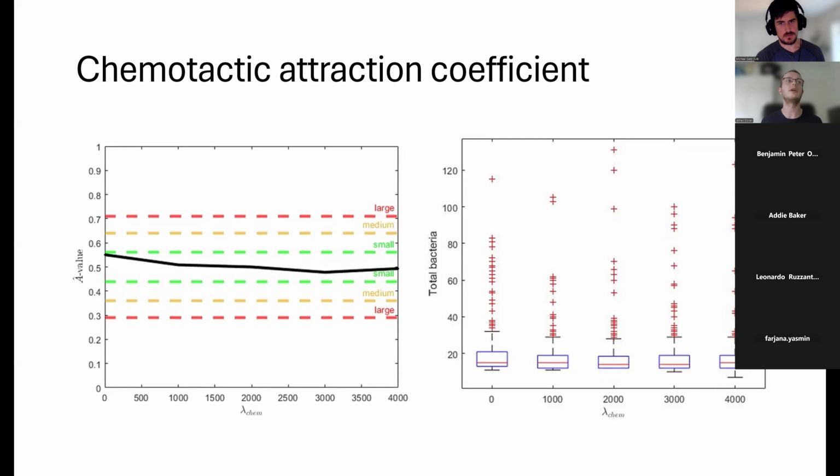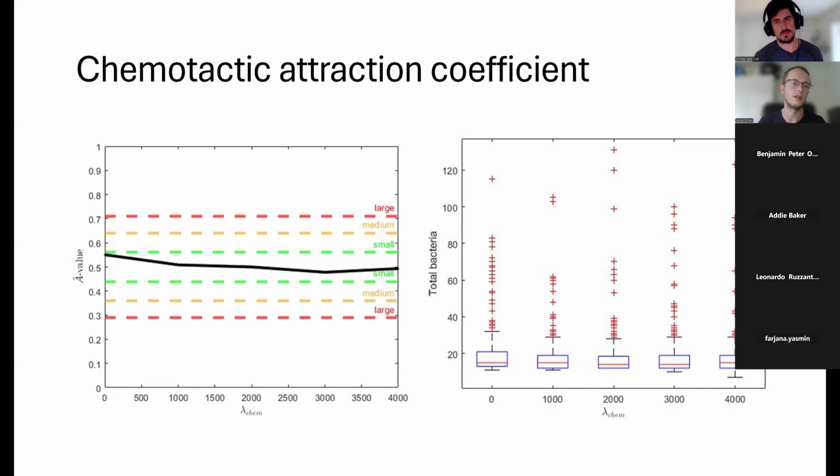In theory, we could have checked for higher values as well, although the literature suggests that having these lambda values for any of these processes being too much larger than the temperature default parameter tends to cause the cells to break up due to the forces being applied to them. So 4,000 was felt to be a realistic upper limit beyond which, potentially, the whole behavior of the model starts to break down. So it appears that our model is fairly robust to the choice of the chemotactic attraction